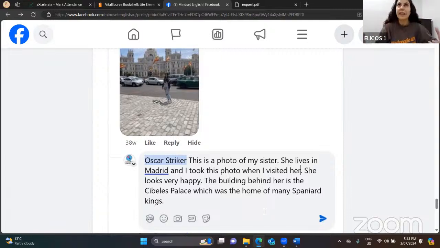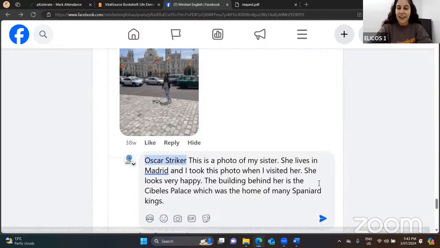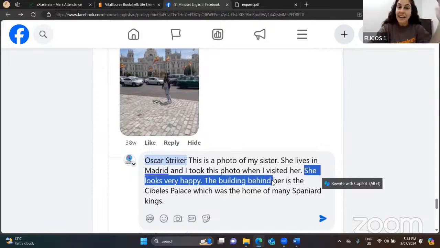Okay, so you have to really say that you took the picture when you visited her, because she lives in Madrid, but you don't live in Madrid. So when you visited her, you took this photo. And I like that he says she's very happy. And then he said the building behind her. So that's really important to say, not just this is my sister, but I took this photo of my sister